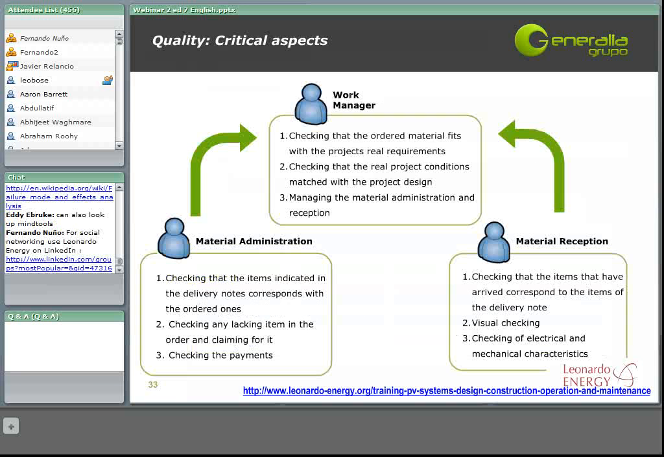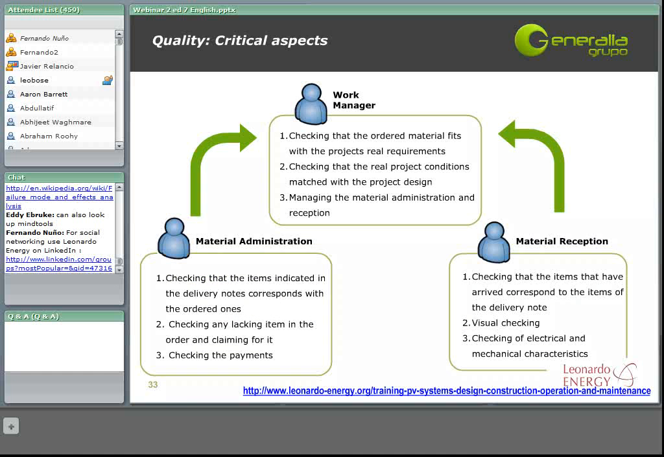Here you can find a diagram of the different tasks to guarantee the quality of our PV facility for both the material reception and the administration. It is important to do all of these tasks during the material reception and the material administration, and normally the work manager would supervise that these tasks